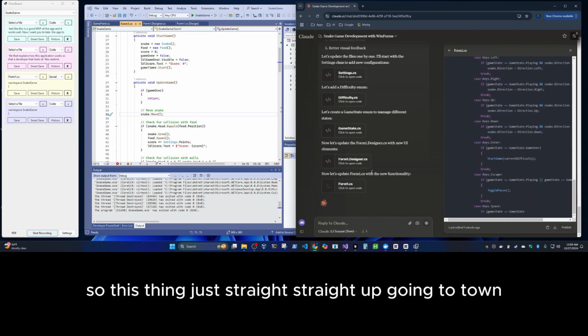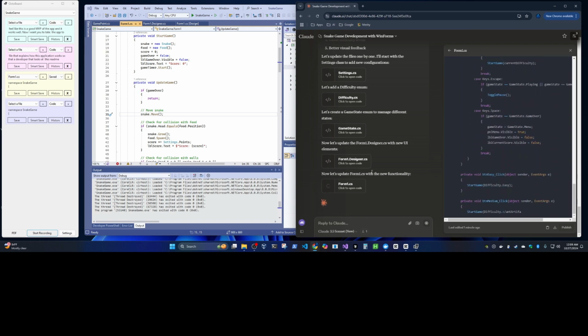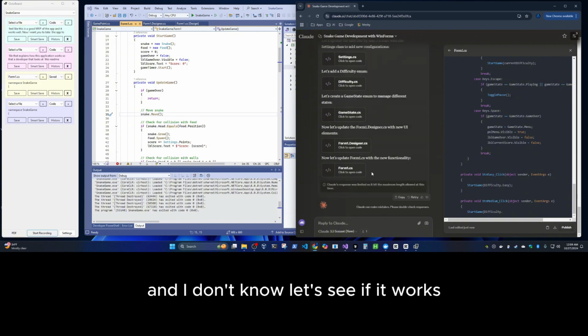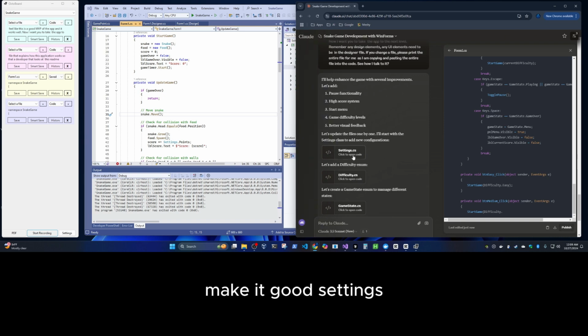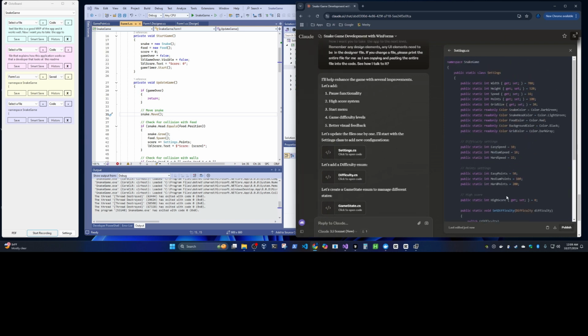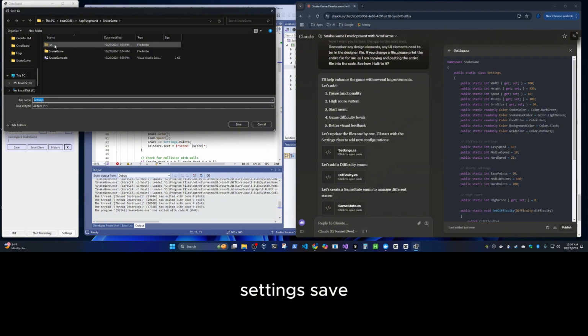So this thing's just straight up going to town, and I don't know. Let's see if it works. And I didn't even tell it what to do. I was just like, make it good. Settings, copy, settings, save,